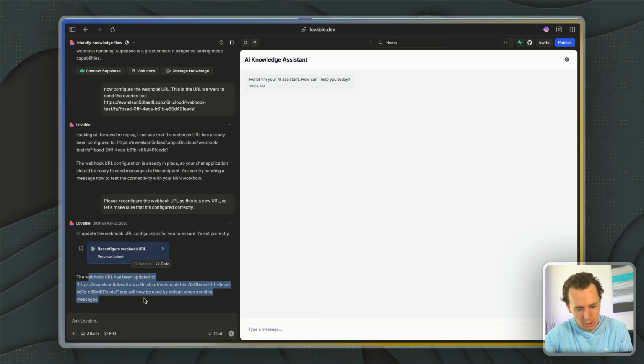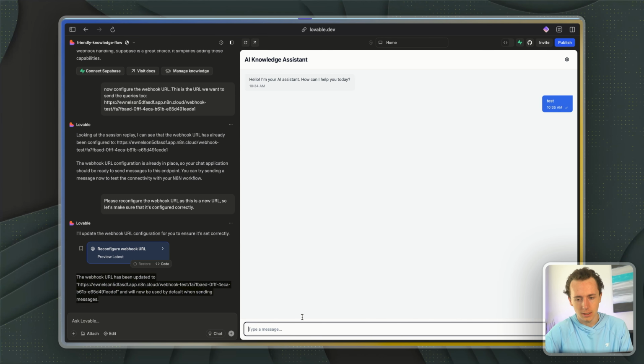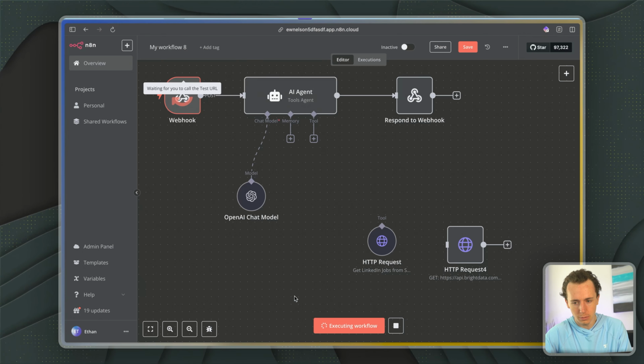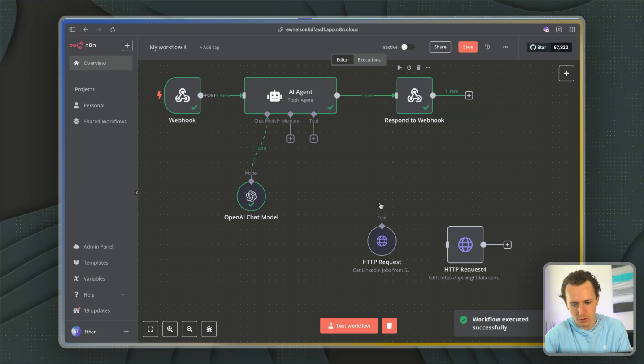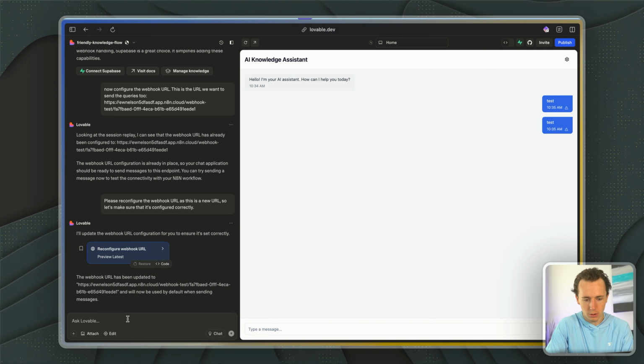So we have the webhook. It's consistently sending that information to the webhook. Let's test it out. Test. Let me test it. Boom. It's testing it. The agent, it's responding. The only thing is it's not actually retrieving the message. So the next thing we're going to do is we're going to say,